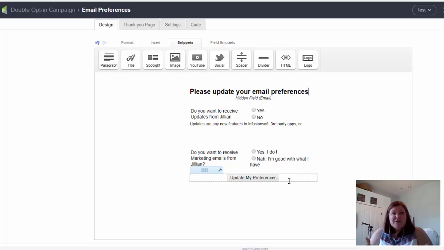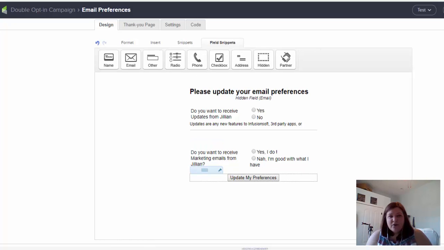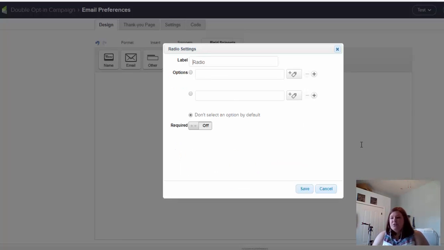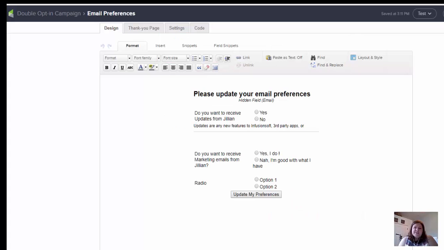Something else that's really great is you can also add kind of a time frame, or you can ask them for feedback. So, are you opting out, or unsubscribing from marketing emails because you get them too often, you don't like them, they're not valuable to you, etc.? You can ask that. And if you are going to go down the road of asking that semi-NPS sort of question, I really wouldn't make it super complicated. I would just ask them one simple question to see how they respond and give you a little bit of feedback. And if you want to edit that radio button here,